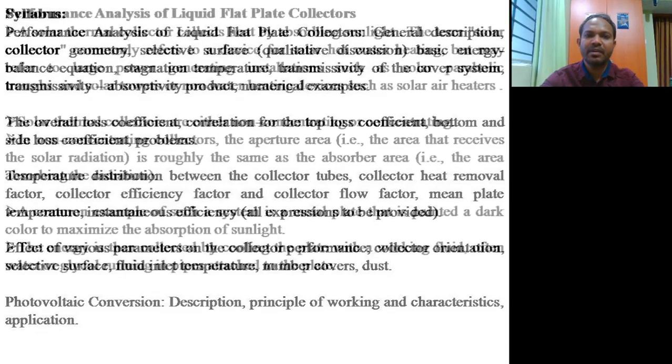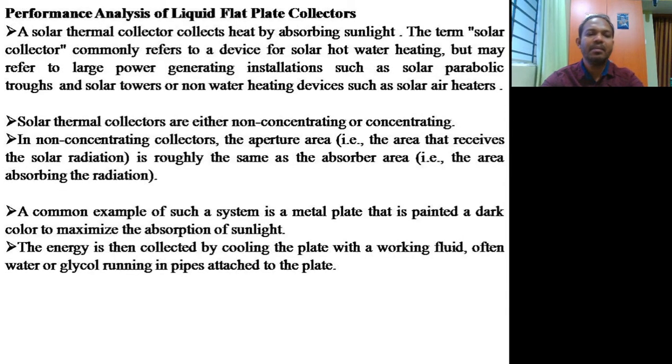Before I proceed with flat plate collectors, the basic parts that make up the conventional liquid flat plate collector are the absorber plate, the tubes fixed to the absorber plate through which the liquid to be heated flows, and the transparent cover, which allows the solar radiation to fall onto the collector and pass towards the absorber, where it will be absorbed and not be allowed to escape back to space.